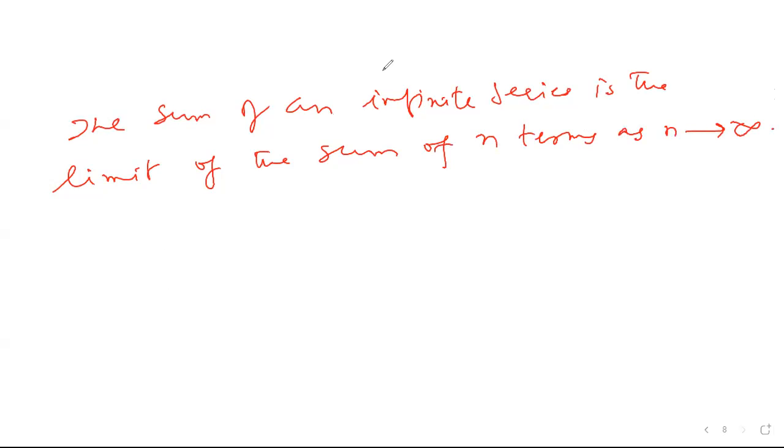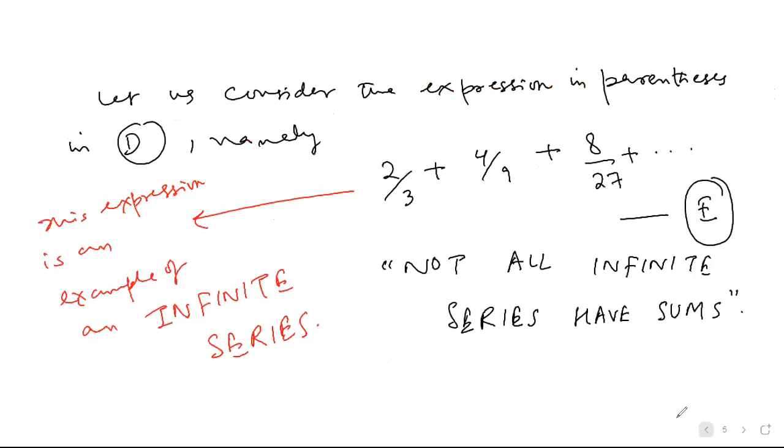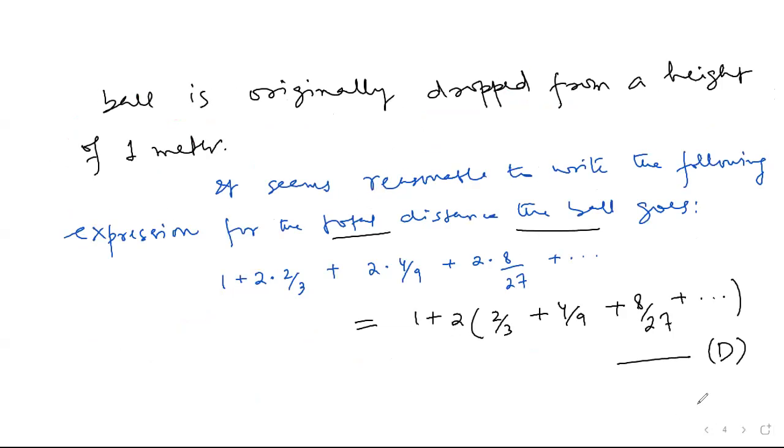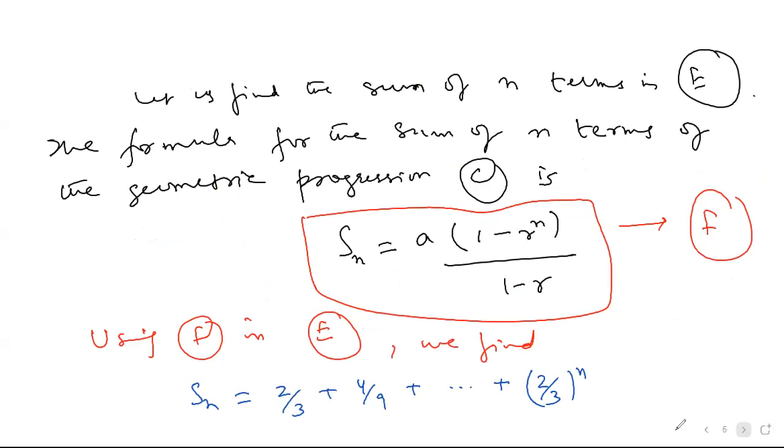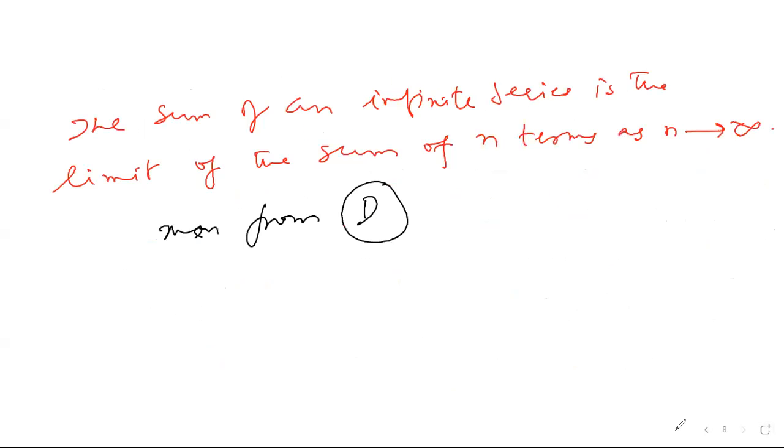Then from equation D, this is our D, right? When this sum is 2, then we can find the distance the ball goes. What is that? So then from D,